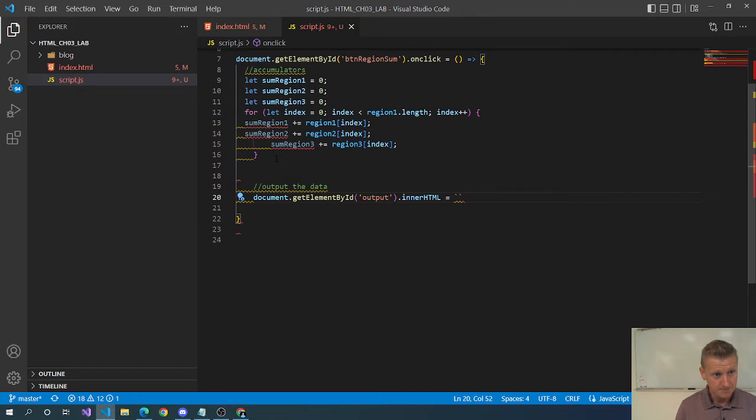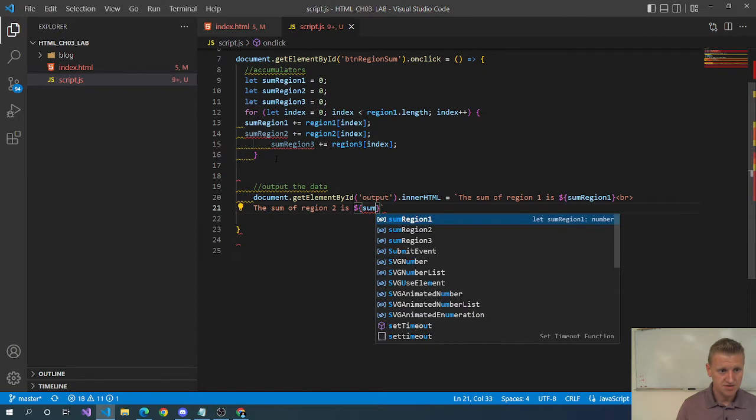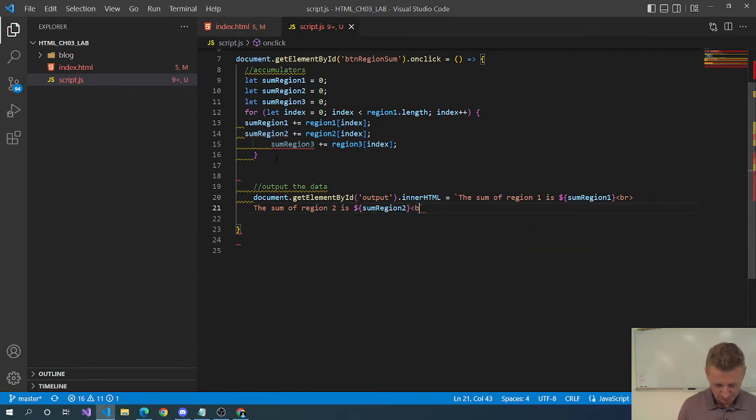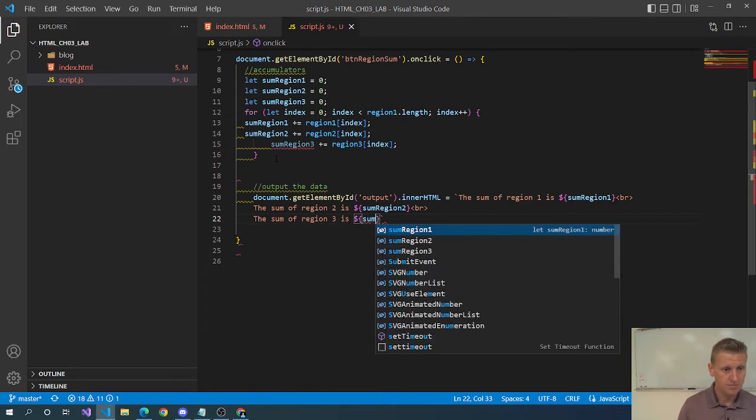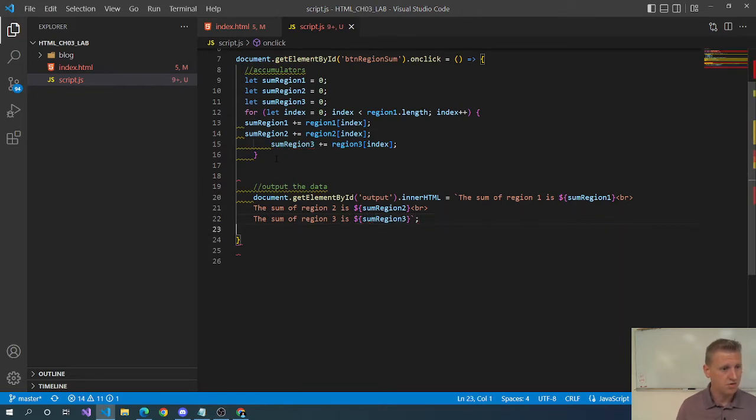And we'll say the sum of region 1 is sum region 1, line break, the sum of region 2 is sum region 2, line break, the sum of region 3 is, semicolon,